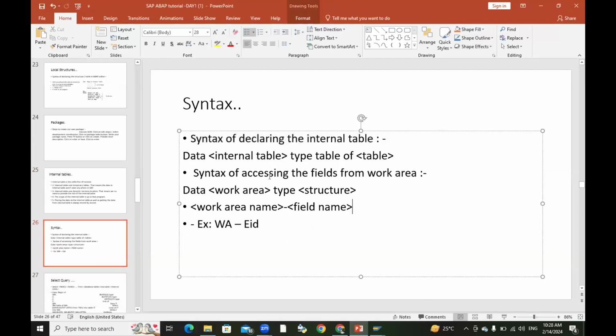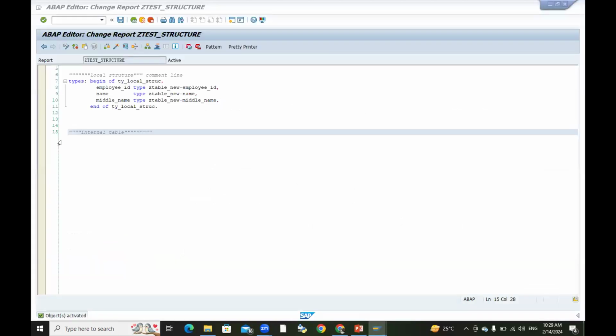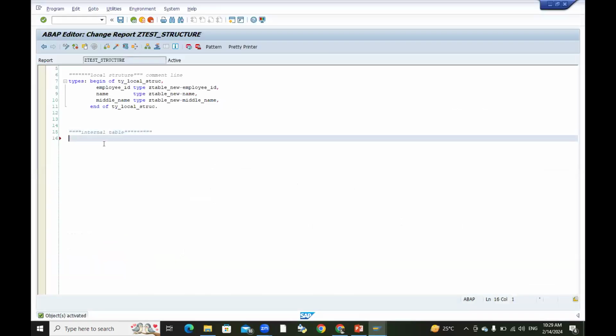Syntax for declaring an internal table: DATA internal_table TYPE TABLE OF table. So how do we declare an internal table? Using the DATA statement. Suppose I'll say IT underscore table is my internal table, TYPE TABLE OF